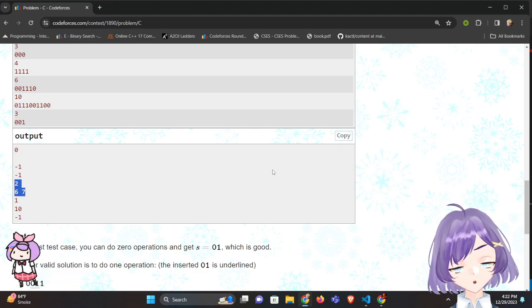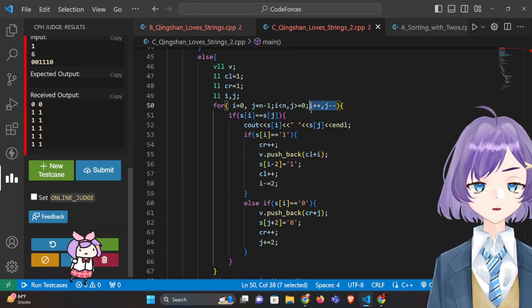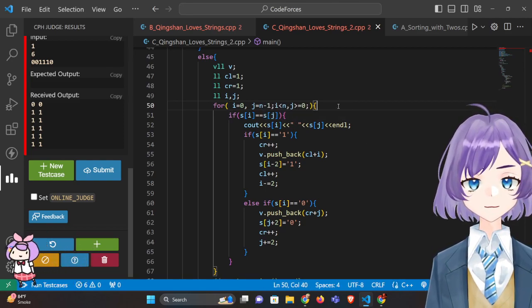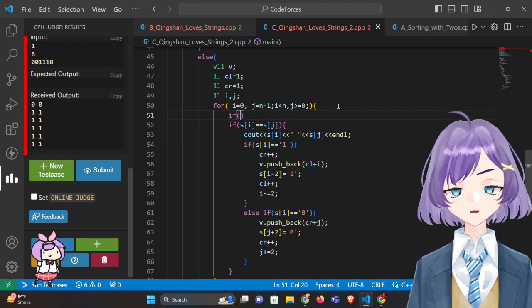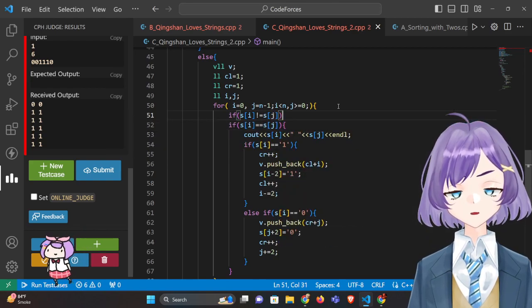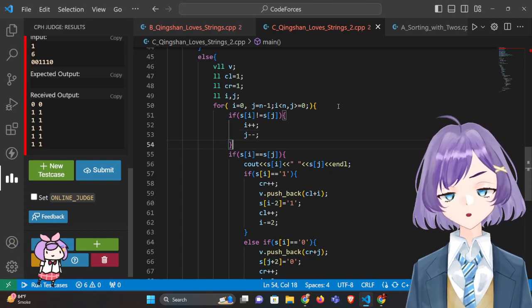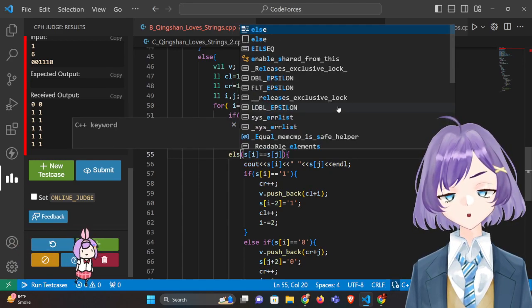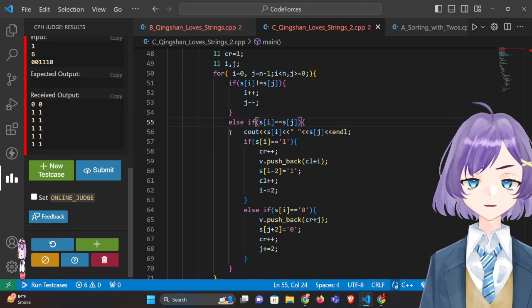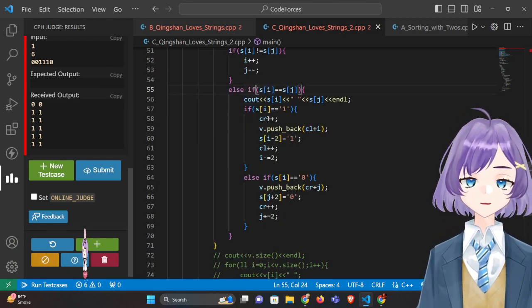That's good because remove this. If S of I is not equal to S of J, I plus plus J minus minus, else if S of I equals 1,